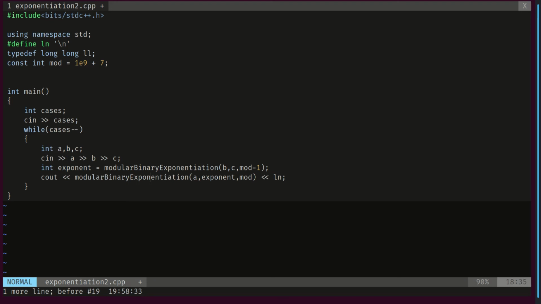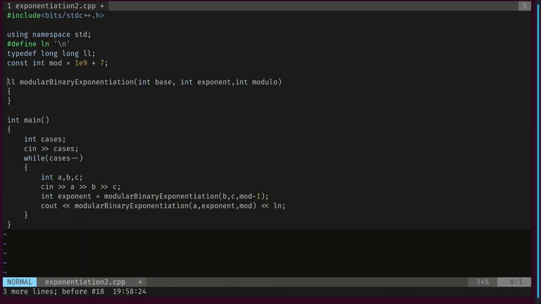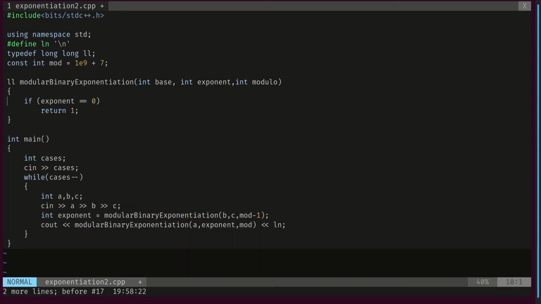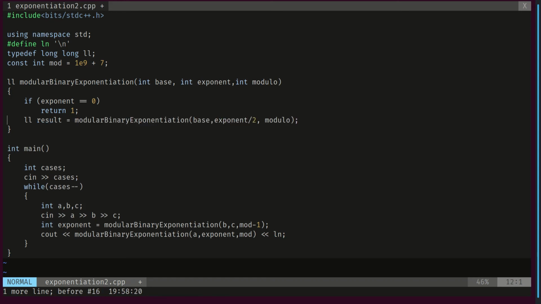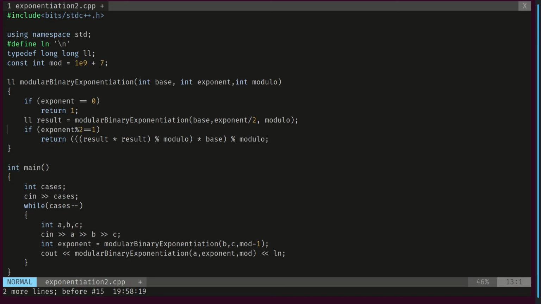And let's go ahead and check out the implementation of our modulo binary exponentiation function. So as I said, I added a third argument here, that is the modulo, and it is pretty much identical to the implementation from the previous problem. So the base case, if the exponent is equal to 0, I'll just return 1. Then I will compute the result, which is the modulo binary exponentiation of the base raised to the exponent divided by 2. And then I will process the 2 cases, that is if the exponent is odd,